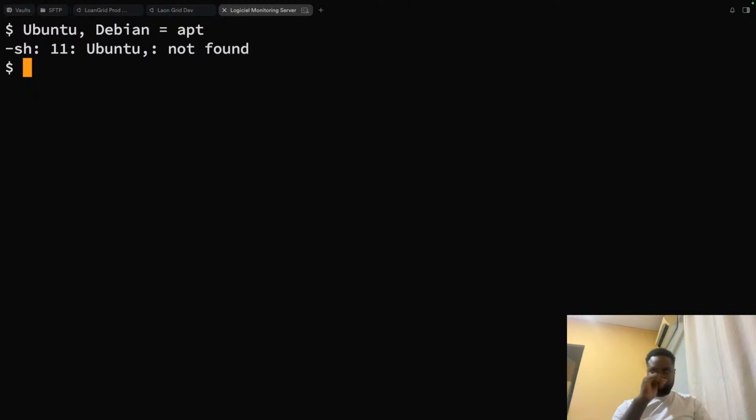With Ubuntu and then Debian, this is the package manager that we use, APT. We use APT for these particular operating systems, the Ubuntu Linux operating system. So let's assume that I want to run a command to install anything on either an Ubuntu or Debian operating system. What we use is sudo